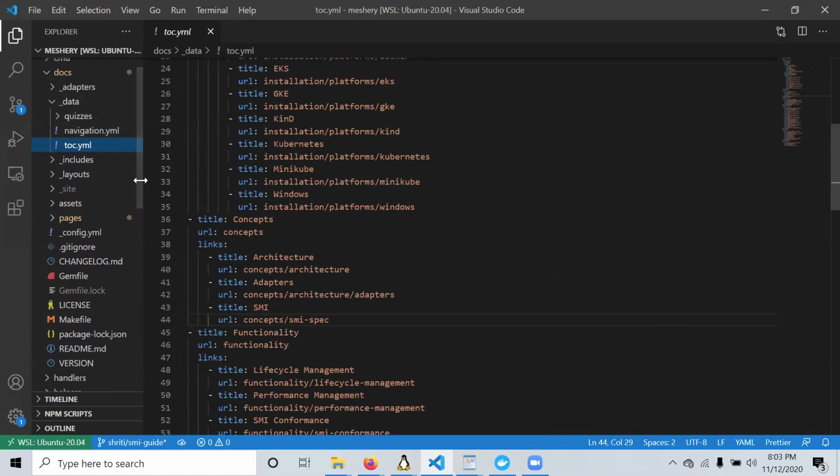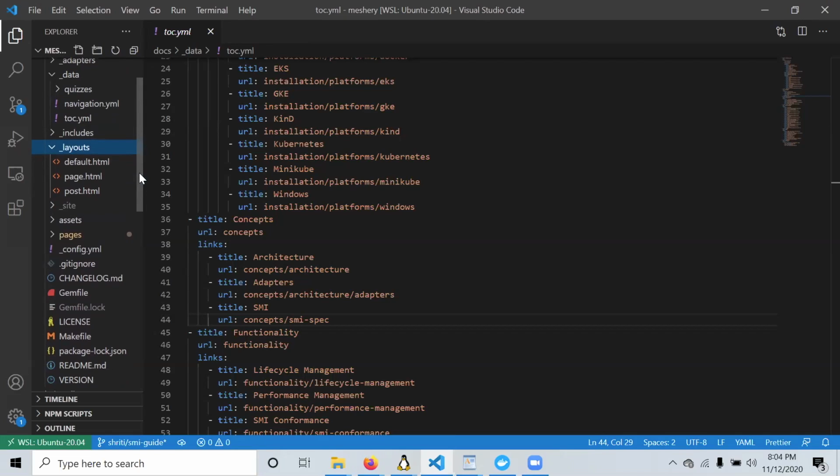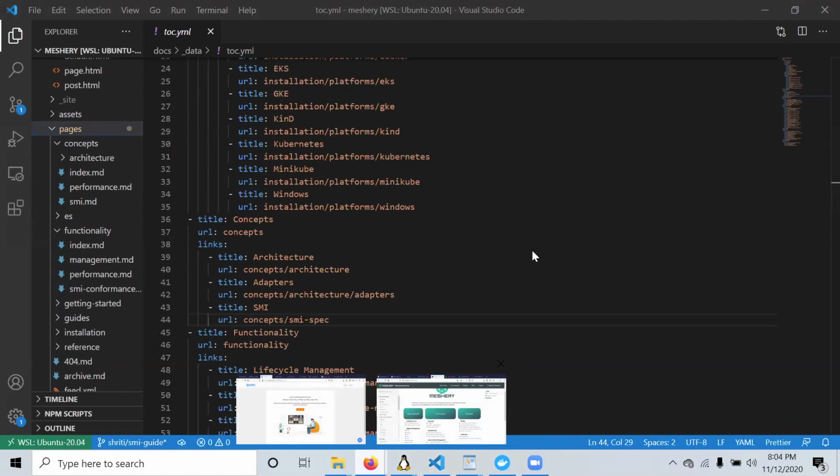There'll be certain layouts defined for the entire site, which run for every single page that is loaded. These layouts are usually HTML files, with a call out to individual markdown pages, which contain the actual wording that you see here.